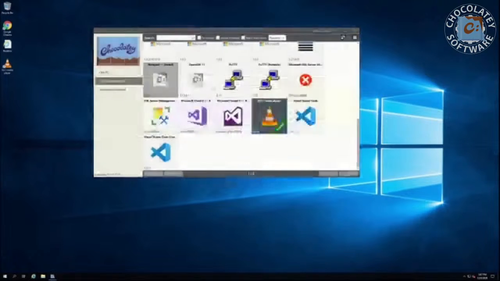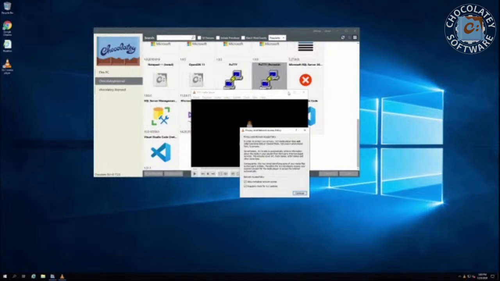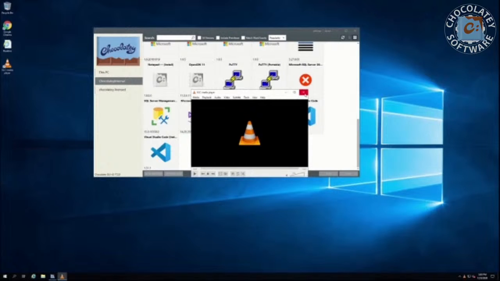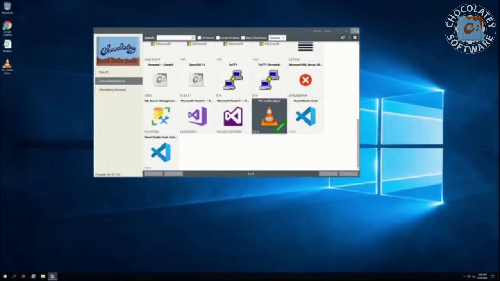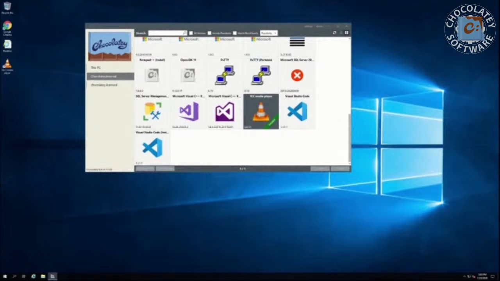So yeah, we can launch that application. We can see that we have VLC installed now. And because I, as an end user, installed this application, I also have the ability to come in here and uninstall it. Whereas if you as an admin were to come in here and install VLC for me, this would not work. I would not have the option to uninstall this particular application,